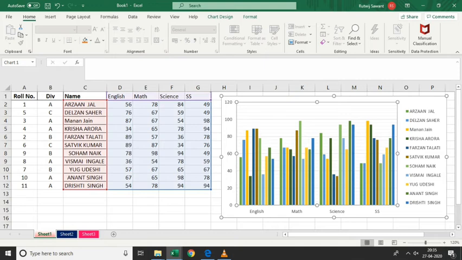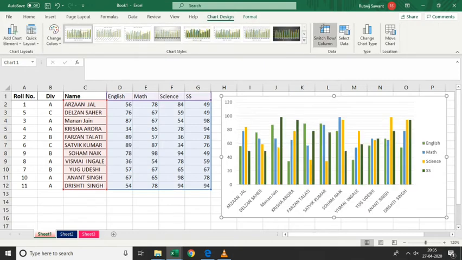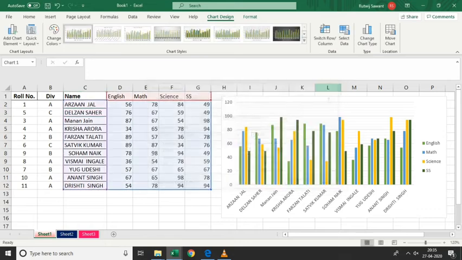Okay, now select data. What is select data? Here I have selected the entire data, but now I just want to select these 3 names of the children. So using select data, I'll select my data. I'll go to chart design and click on select data.